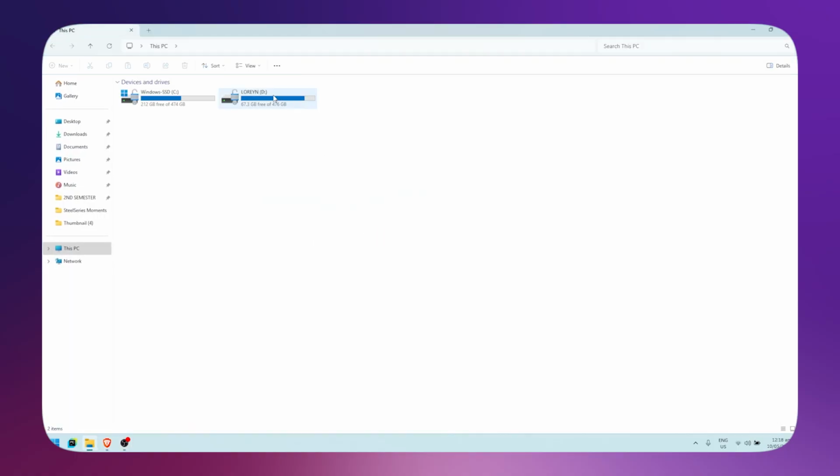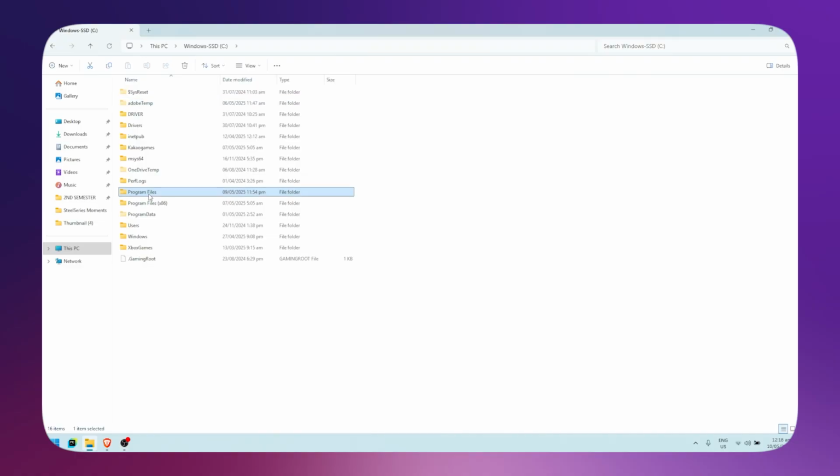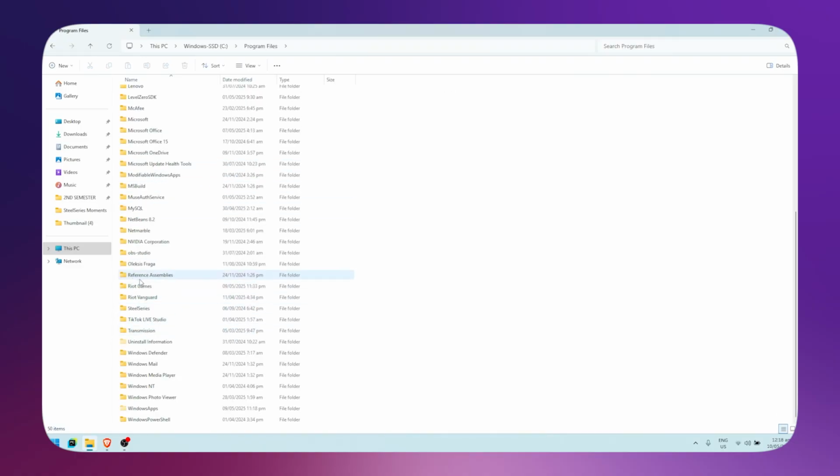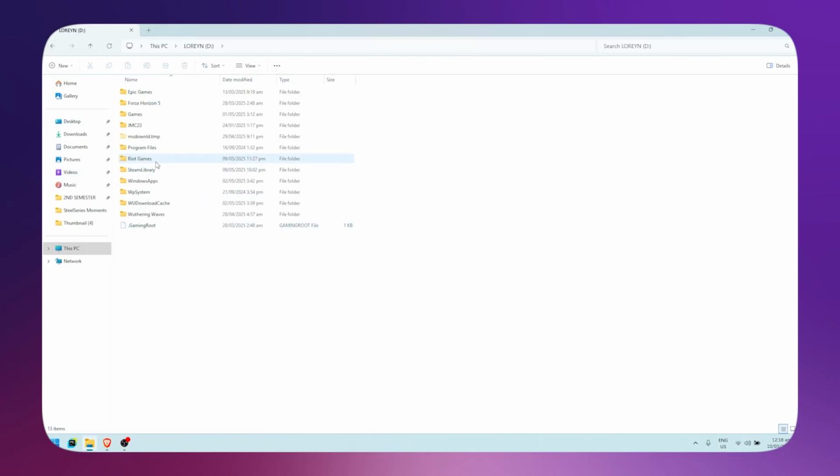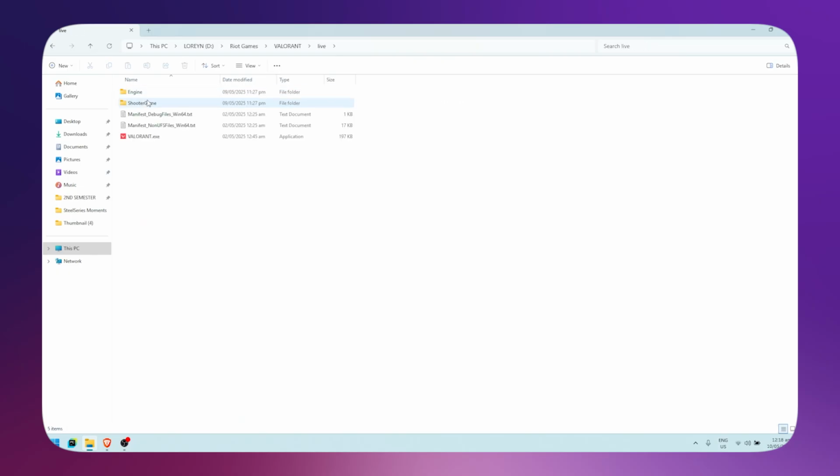Mine is located right here on my D drive, but most of the time you'll locate it on your C drive, then Program Files, then go to Riot Games, and you'll see the Valorant folder right there. But for me, I have mine on my D drive, so Riot Games, Valorant, go to Live, and find the